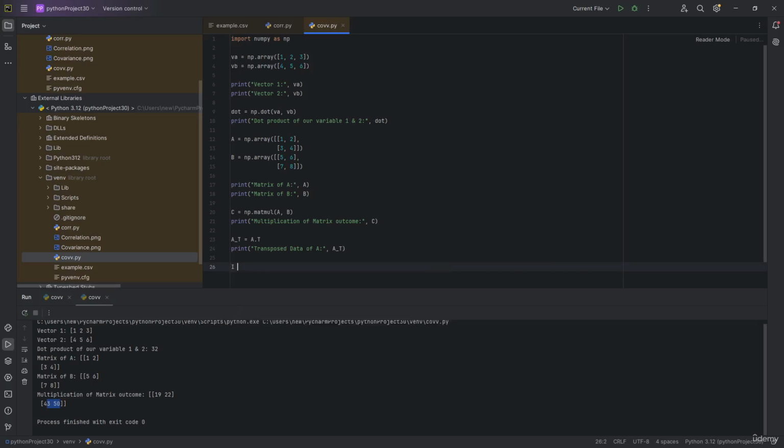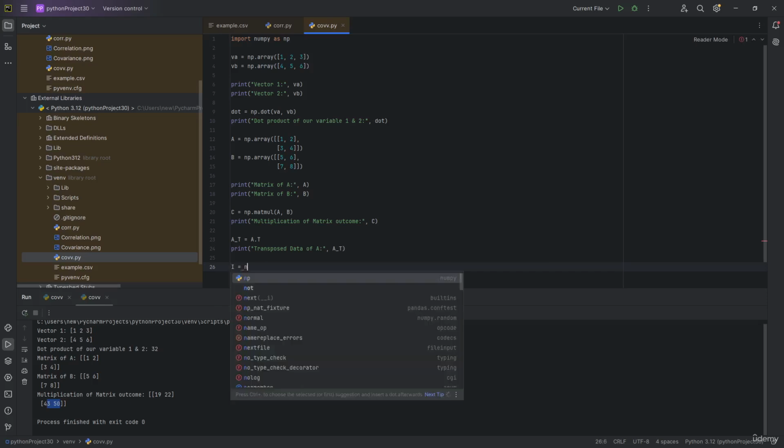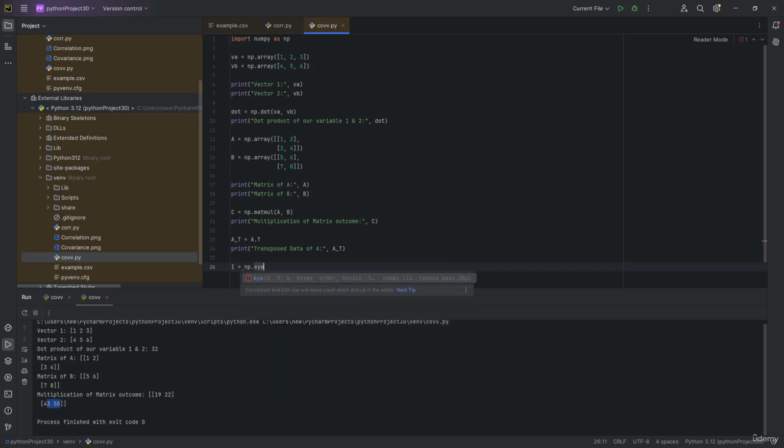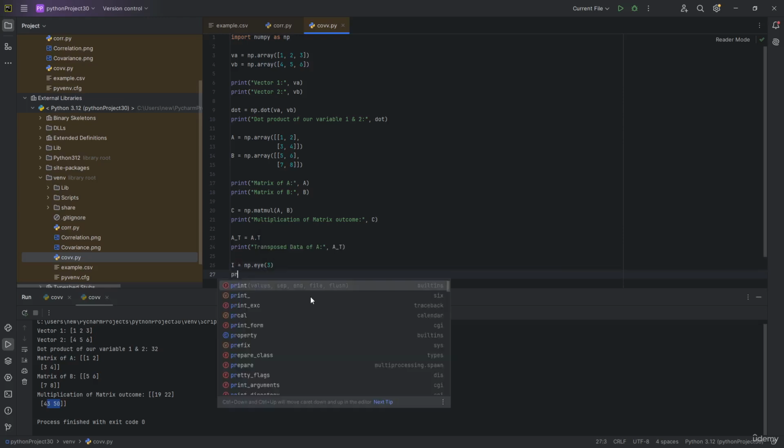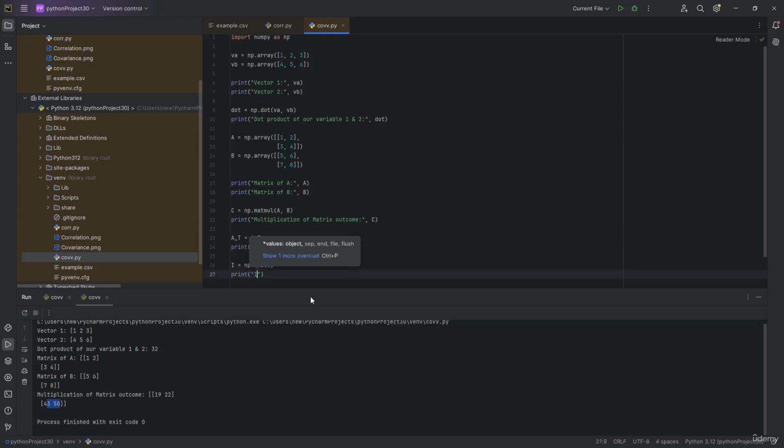So I is going to be equal to np.identity. Okay, so it is going to give the identity. There are 3 data, so I'm going to put in 3, and then you type in print and identifying